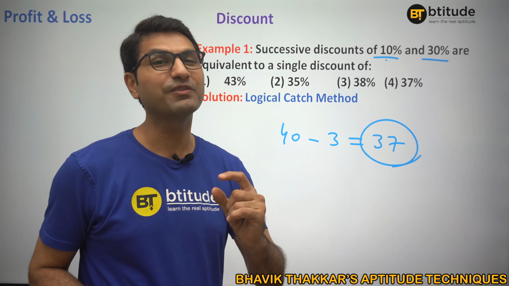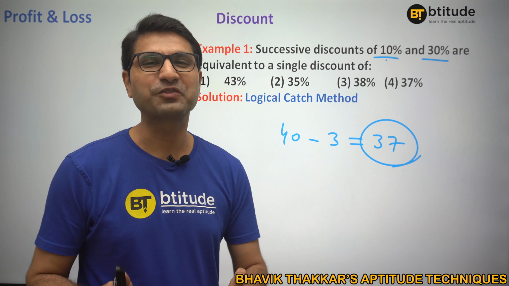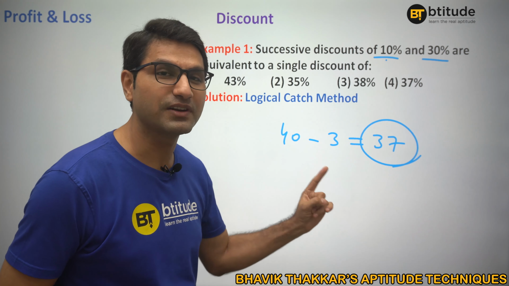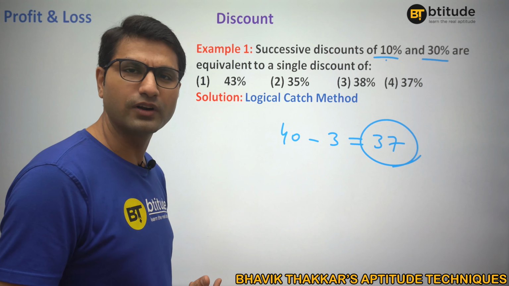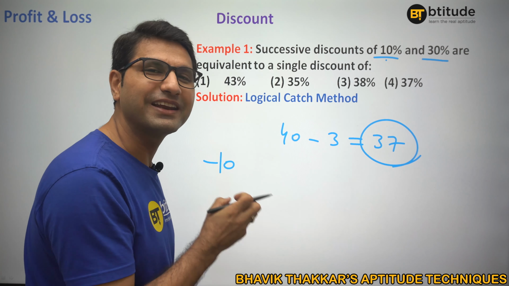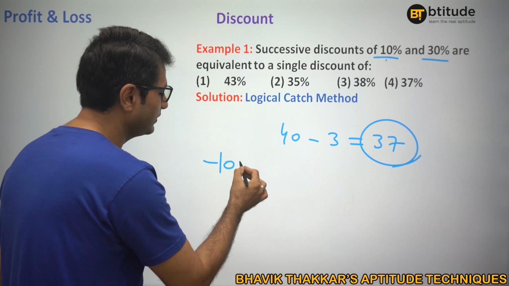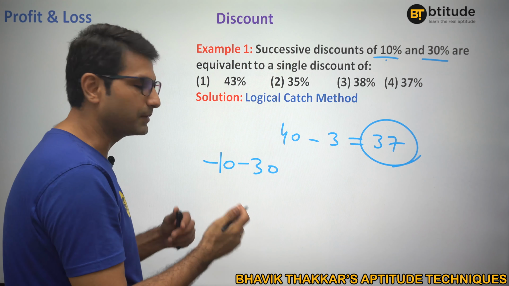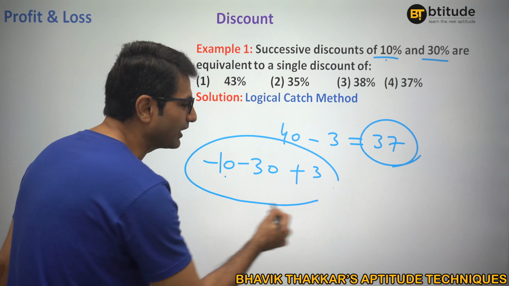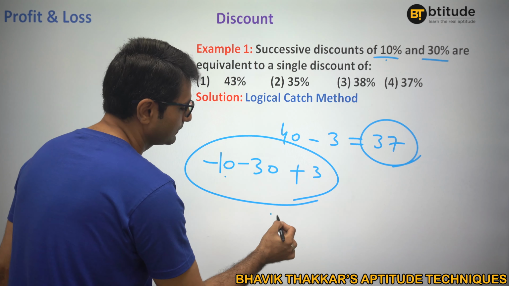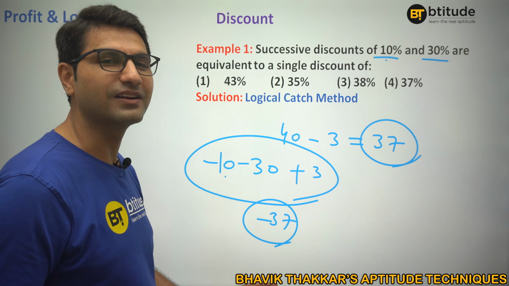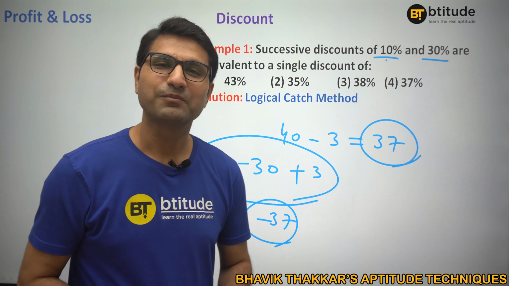You never know in the exam which kind of question will come and which kind of method would prove to be the easiest. But are you getting this? Again I am teaching you this. Actually there are two ways to understand this. One way is, your value is getting reduced by minus 10%, minus 30%, and you just multiply. Minus minus is plus, 10% of 30 is nothing but 3. So your value is going down by 37, right? Minus 37 means the value is going down by 37%. That's about it. But are you getting it now?